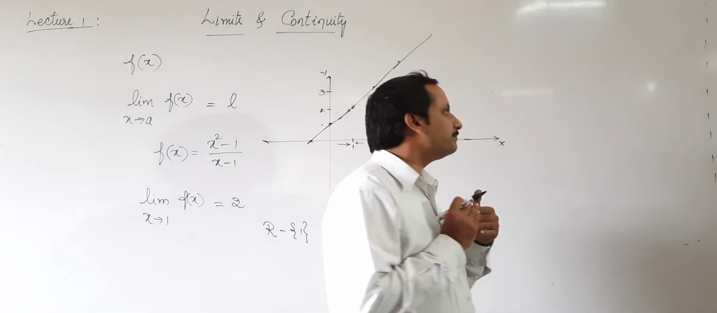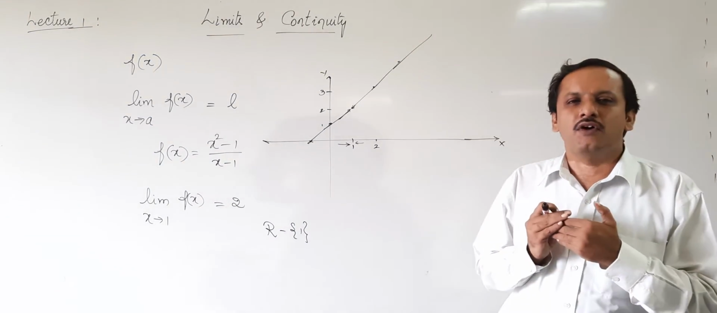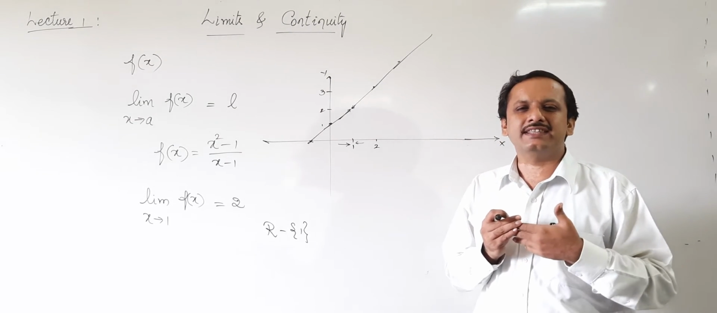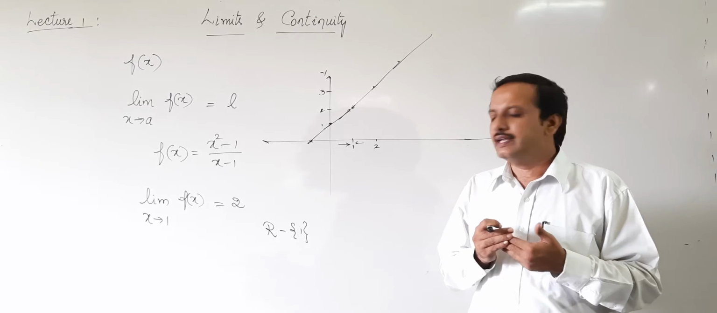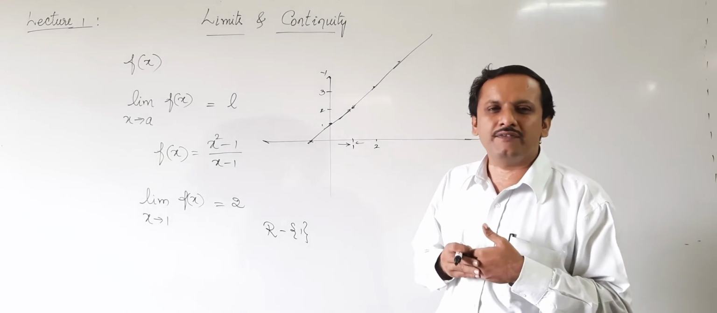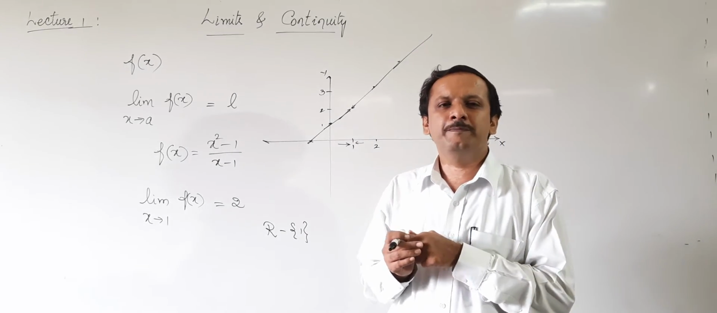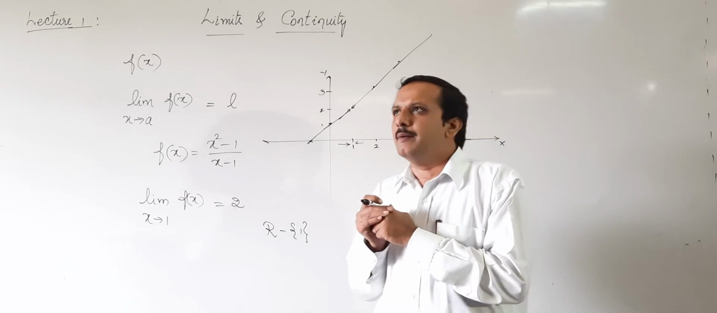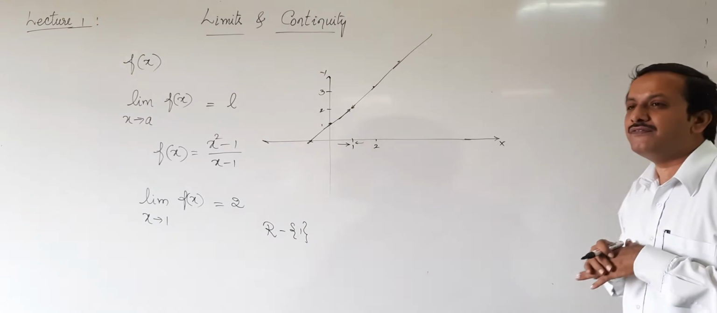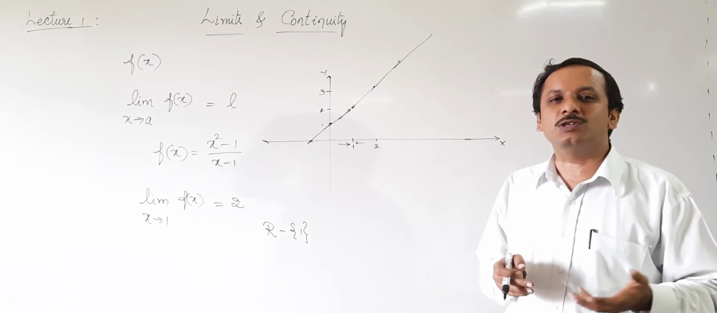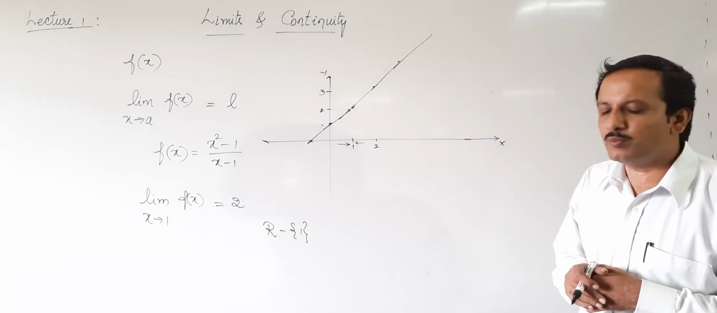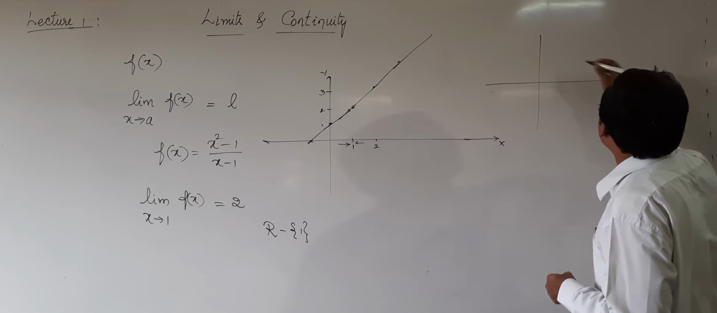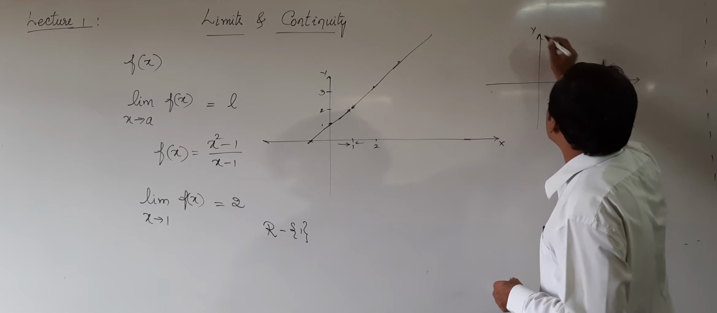Now I said for a function, for the existence of the limit, it's not all that necessary for the function to be defined at that point. Even we have seen, even when the function is not defined at that point, the limit may exist. On the other hand, if the function is defined, there is no guarantee that the limit exists. For example, let me take a look at